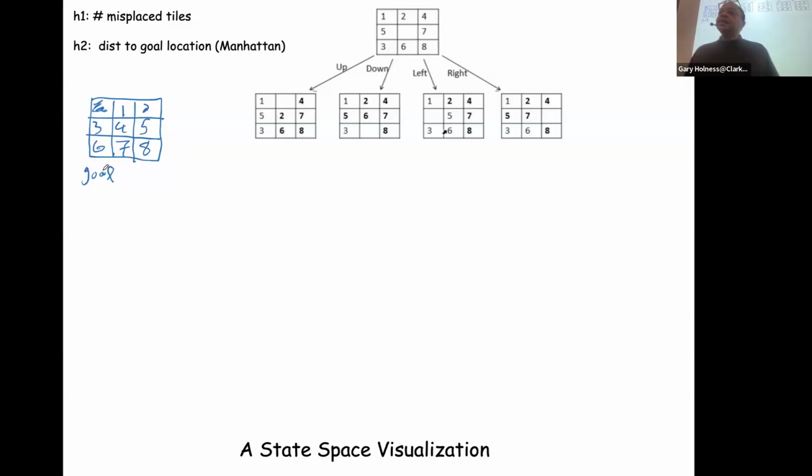So let's have you habituate on this a little bit, and we're going to think, at least just for this first expansion of the frontier, look at what the function would be. F of n is equal to g of n plus h of n